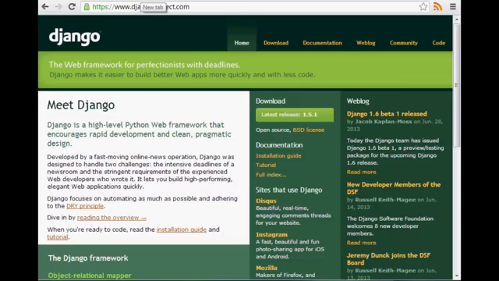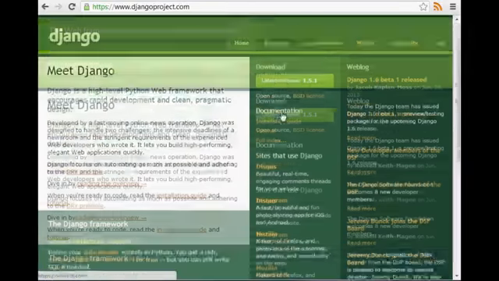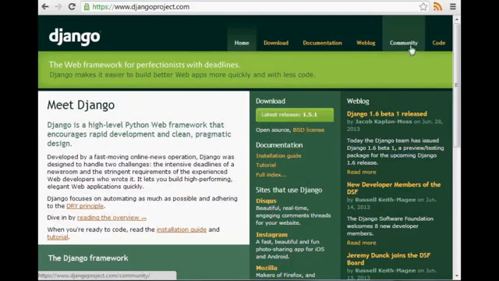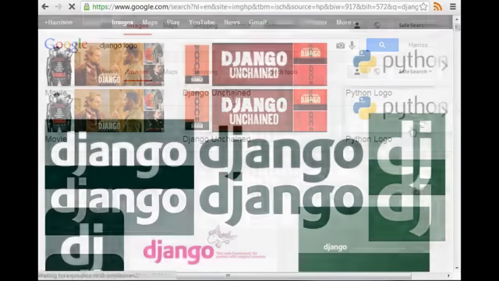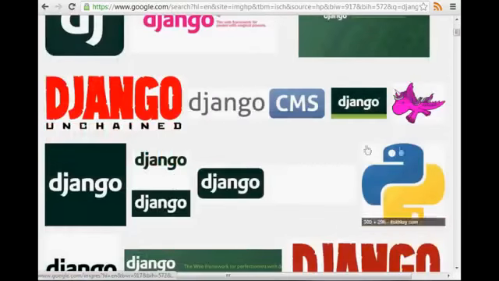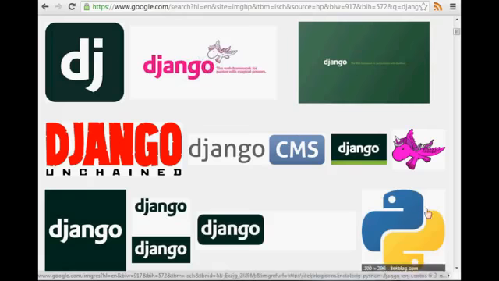Also, Django, what happened to your original logo? In fact, guys, let me pull up the original Django logo for you, because it looks like it's nowhere on their page. I think they're separating themselves from their original logo. Let me pull it up. We're just going to search Django logo in image search here. And obviously we get some Django Unchained. But okay, this is the original Django logo.